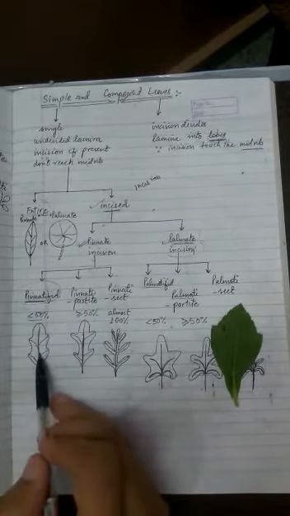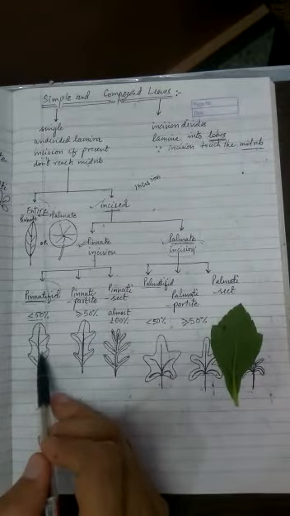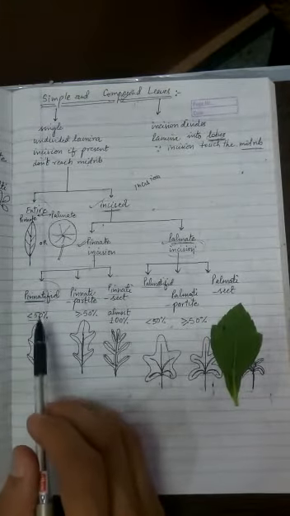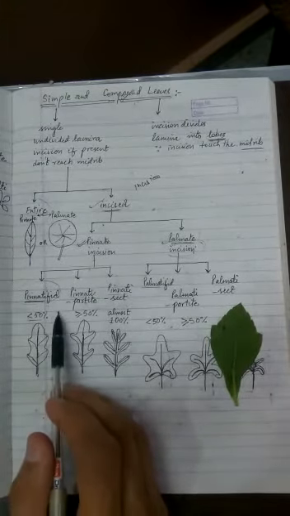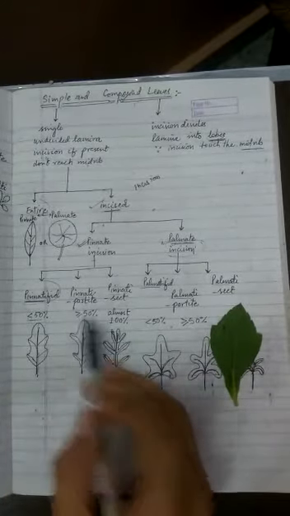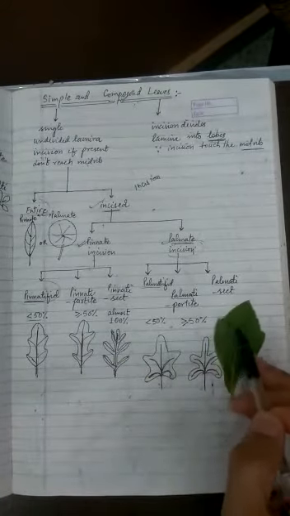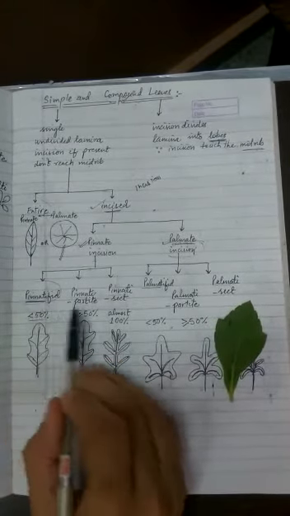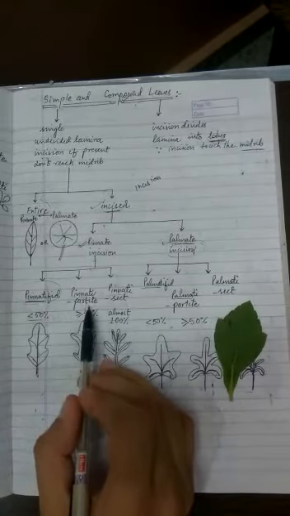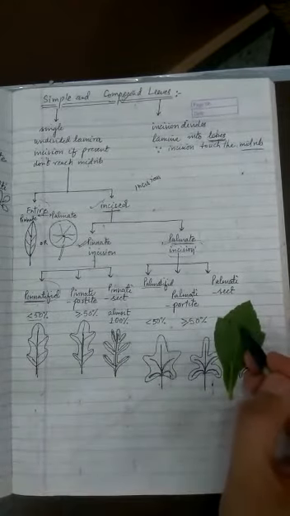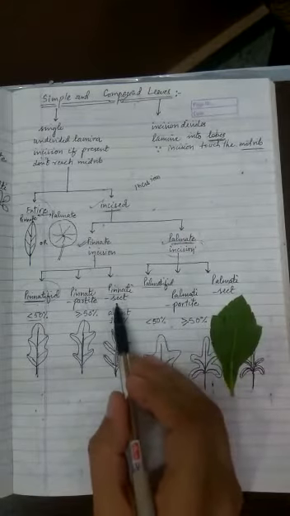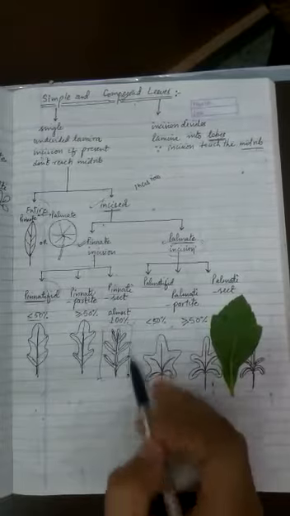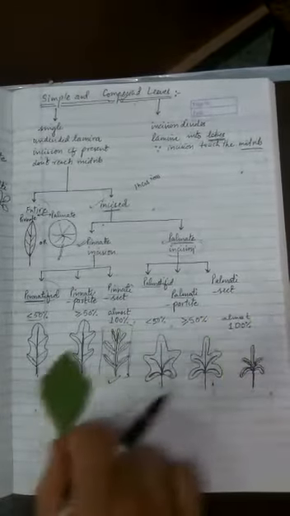Like in the case of the spinach leaf, you all would have seen the spinach leaf. Even in the spinach leaf, you will easily find that the incision does not reach even 50% of the lamina on one side. If it is reaching 50% or more than 50%, it is called pinnatipartite. So the first category is pinnatifid, the second category is pinnatipartite, and if it is almost reaching the midrib, you will call it pinnatisect. Like the marigold leaf, marigold leaves are like this.